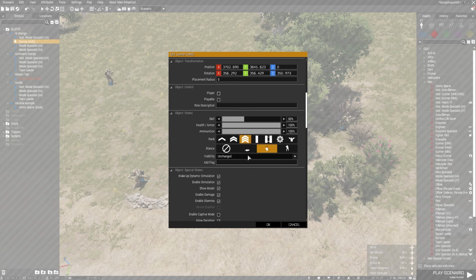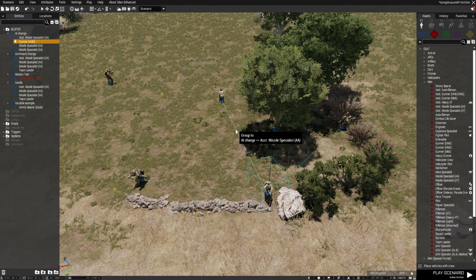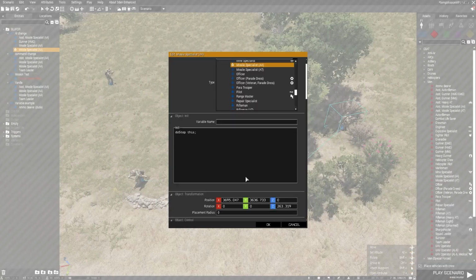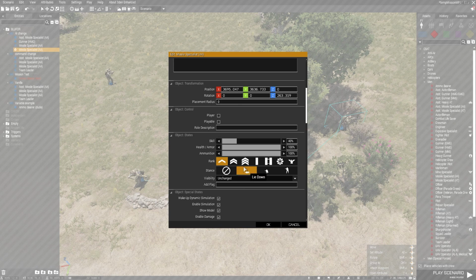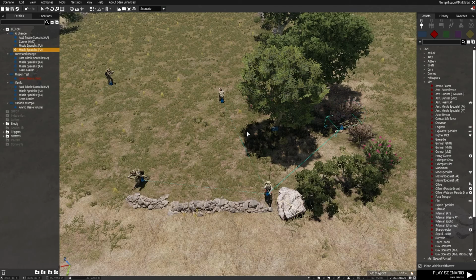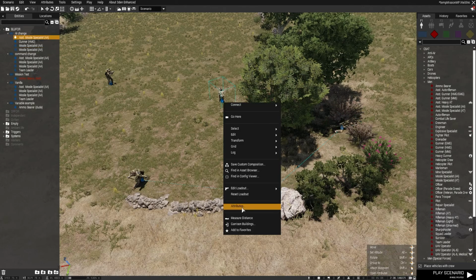Stance you will play around with depending on what you're trying to achieve. Certainly at the outset of a mission, but obviously you want the AI to be able to react dynamically. So this is not necessarily something you're going to have to enforce, but there are things that you might want to have them down. And in this case, we want them in all-round defense. So I want these guys kneeling, but I now want these guys crouching. So if I change this guy, go in here and make him lie down, and this guy, make him go lie down,